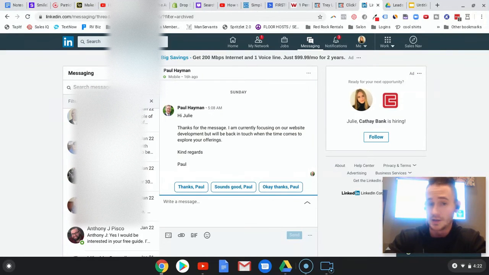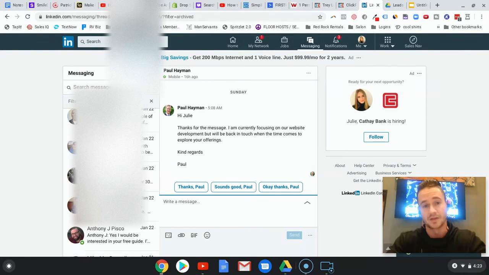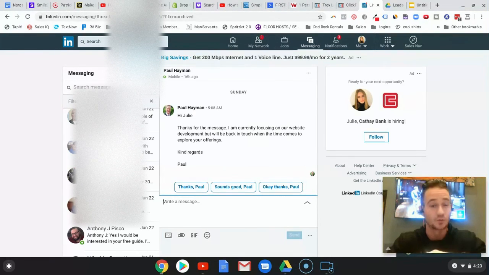But I wanted to show you guys the messaging sequence to give you an idea of the framework for that. So just to recap, basically you're sending out the personalized connection request, the invitation note. You are creating a lead magnet, but then also asking a question to engage, to get the conversation going. And from there, you're following up regarding that lead magnet that you mentioned earlier, because it gives you a softer approach for following up, gives you a reason to follow up, as opposed to just like,